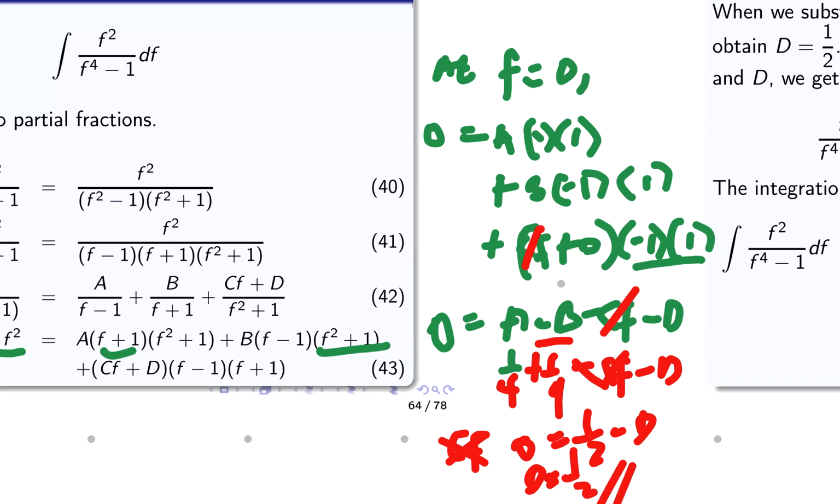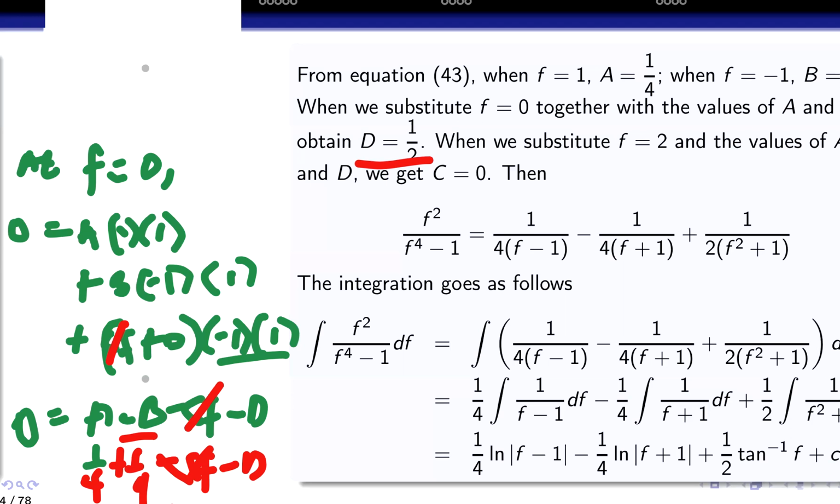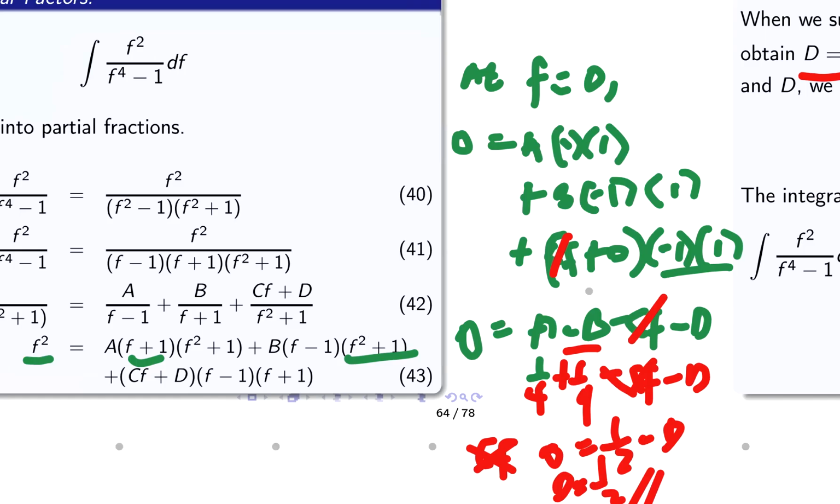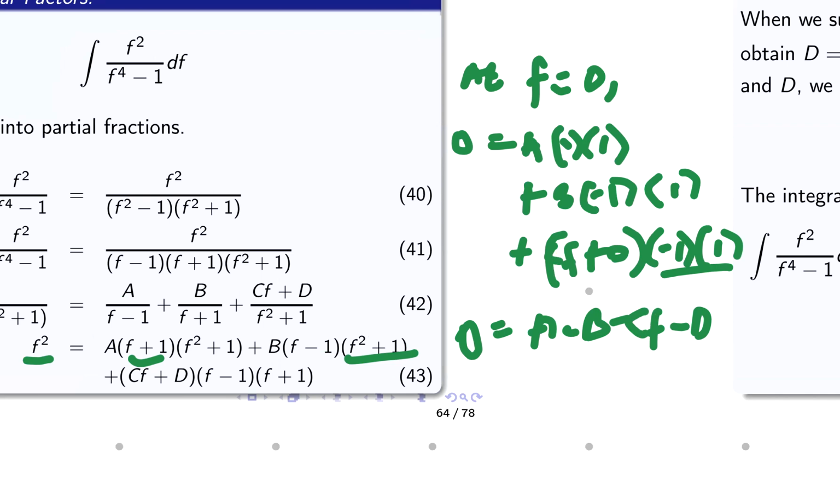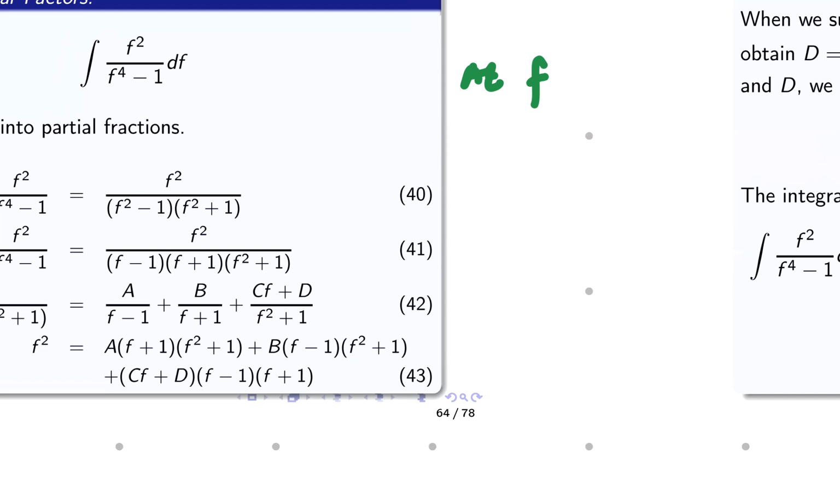So again, I'm using 2. You can use anything, don't forget, you can use anything. But since you have used minus 1 and 1, we are using very small numbers close to 1 and minus 1. So now I want to say at f equals 2,